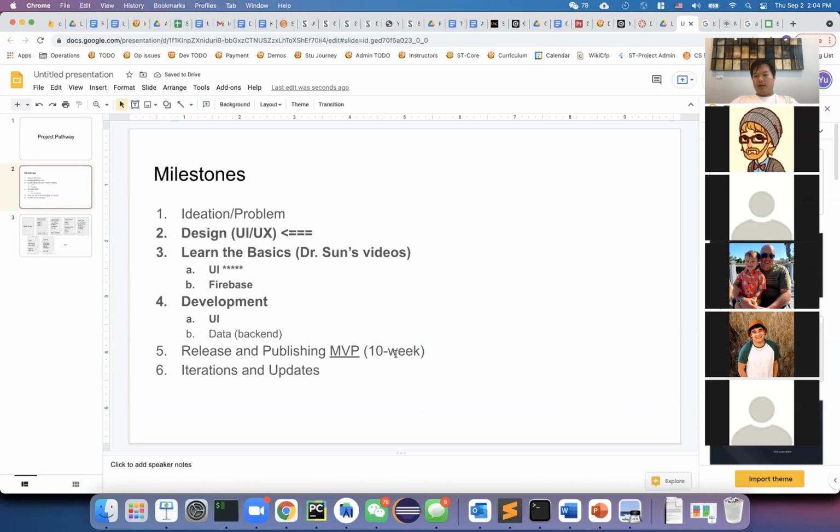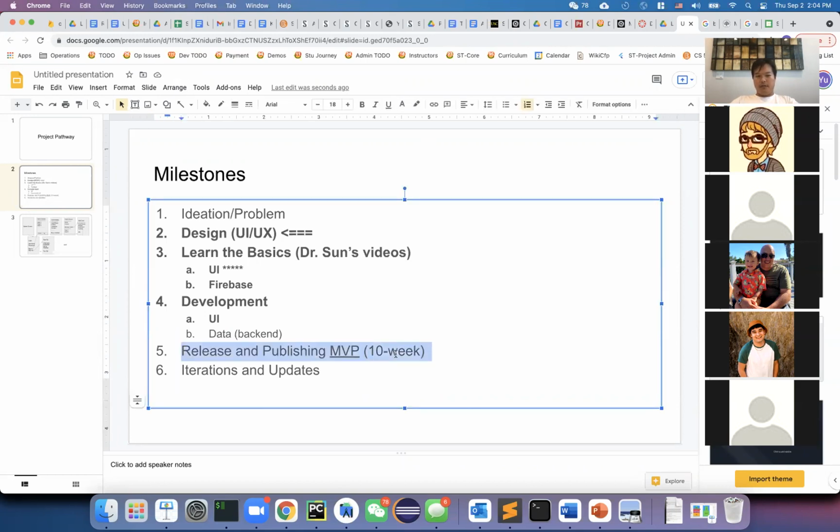I'll later on talk more about publishing, and the earlier the better. Then you can work on the iterations, improve it, and then send another update to the store, and get it updated on the user's phone.